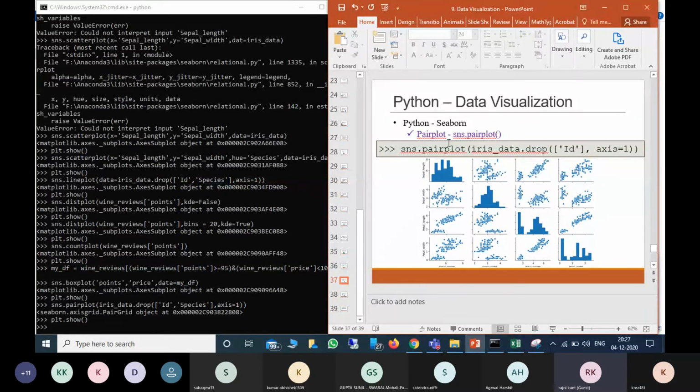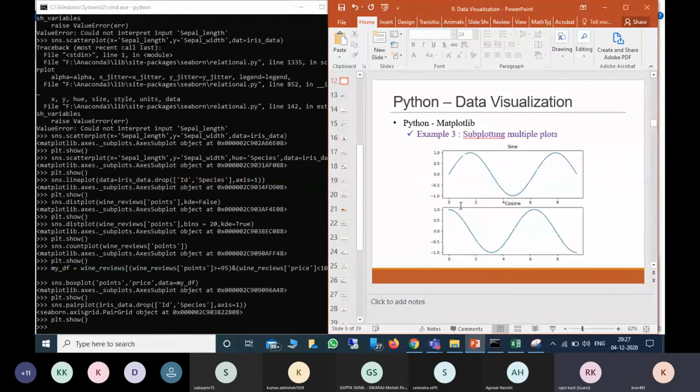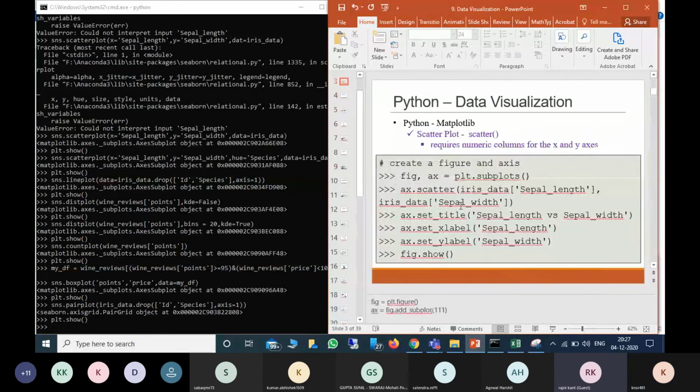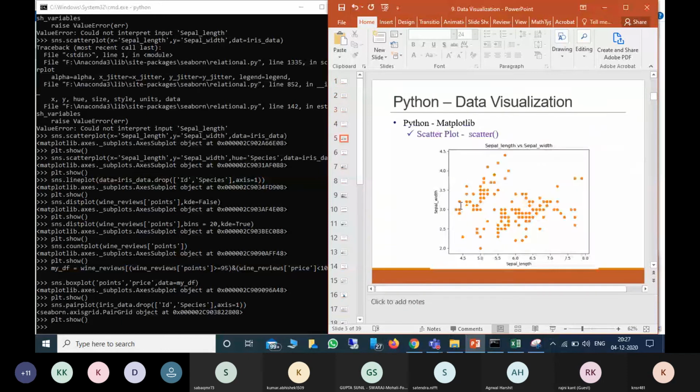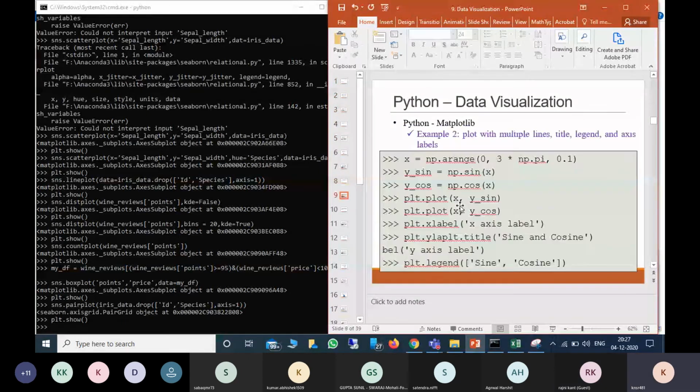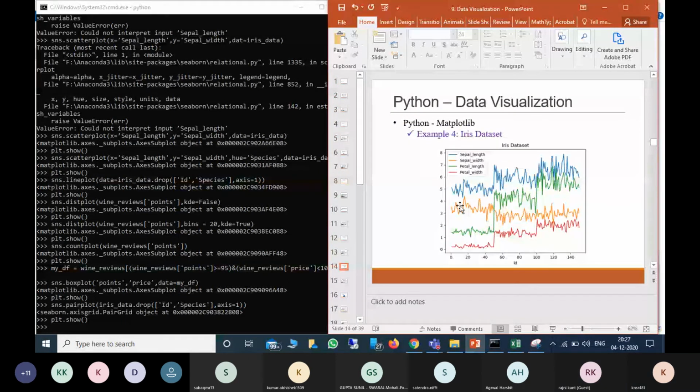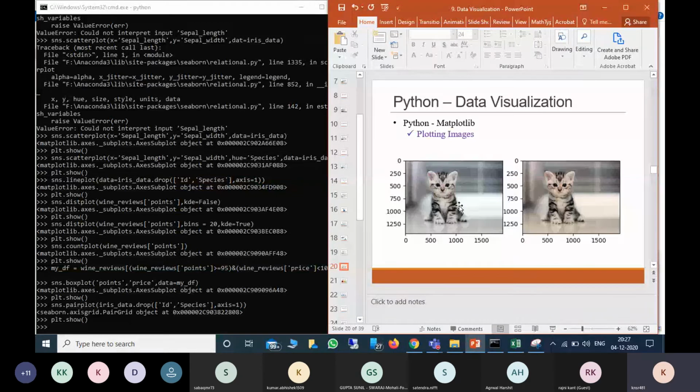What will be the code in Seaborn? Actually, Seaborn has nothing for plotting images.